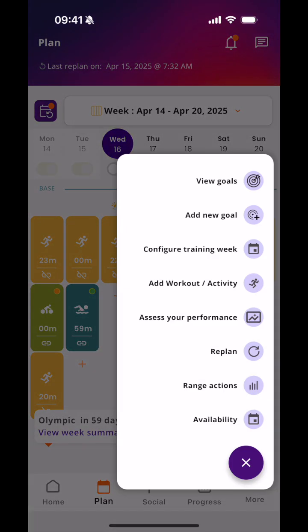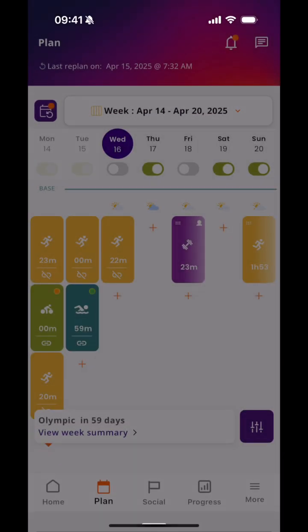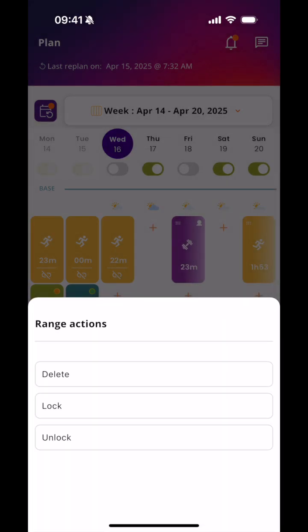So from here, you can replan if you need to. Different options here. Replanning is something which, again, we have a video for if you want to understand a bit more about that. You don't always need to replan the whole season or all your goals. It really depends on if you've had a deviation from what was planned, or if you have automatic replan turned on or off. So range actions is essentially making, deleting, locking or unlocking a number of workouts in bulk a